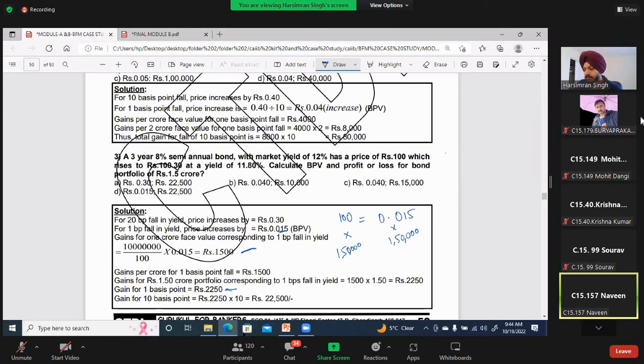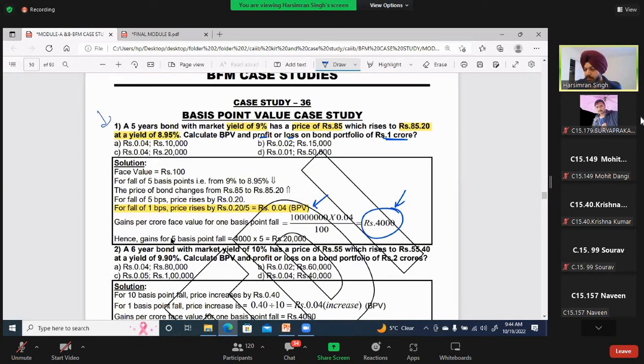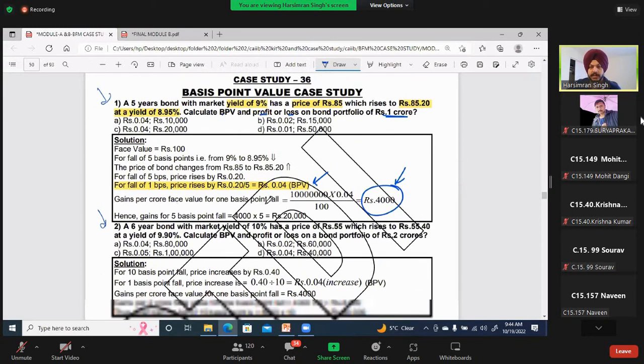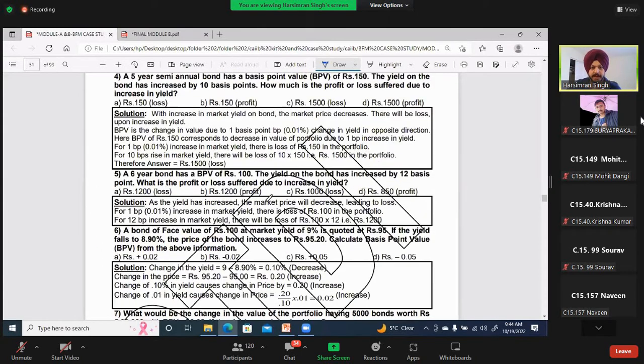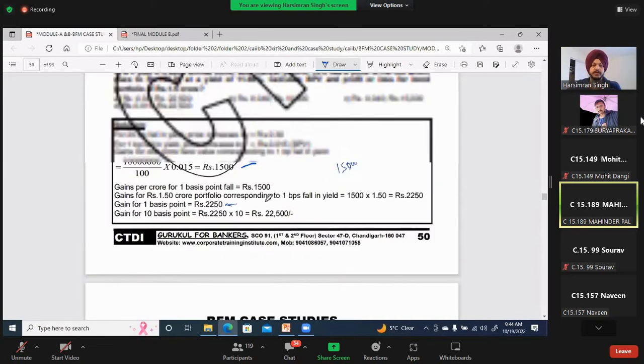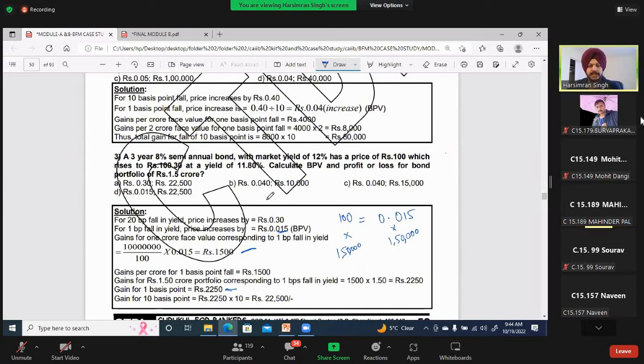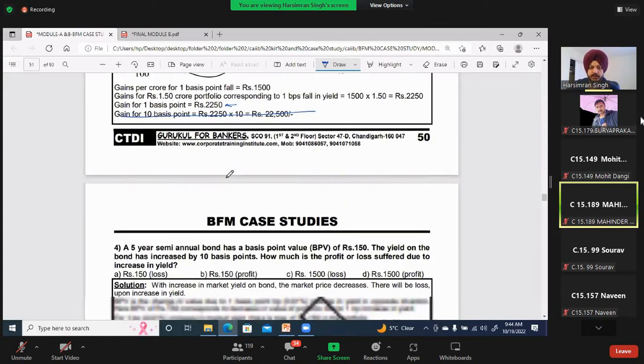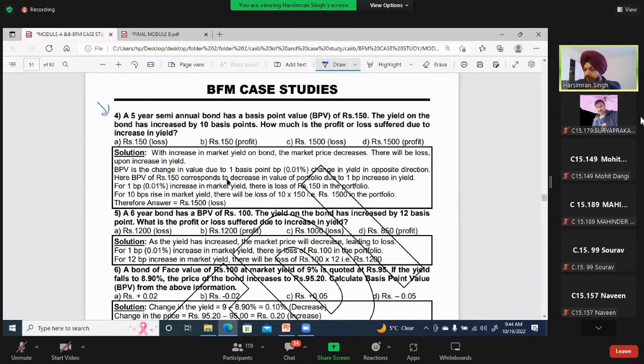Yes sir. Okay, so please just stick to question number 1 and question number 2, enough for you. Okay, now read question number 5. Sir, this last one, the gain for 10 basis points, is that separate? It is separate, sir. Leave that one, okay, leave it. Okay, now read this question number 4 and question number 5. They have come in the paper. I have already done this with you. Everybody solve this question. They have come in the paper many times.